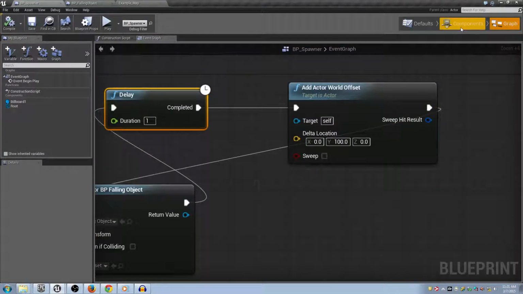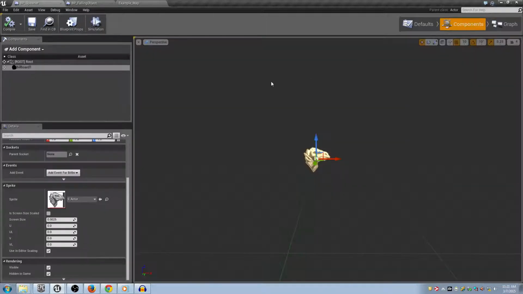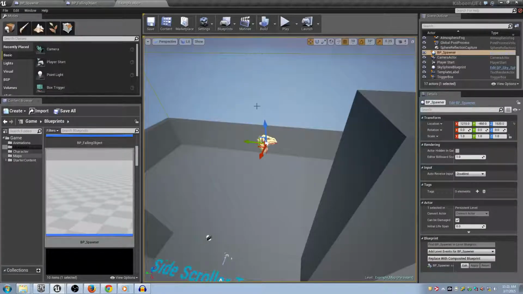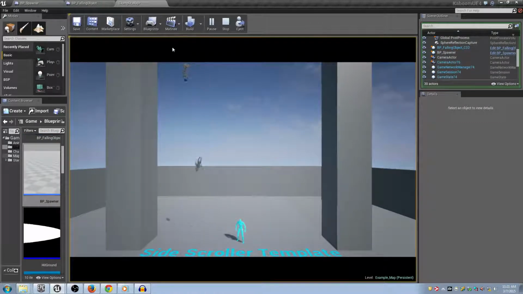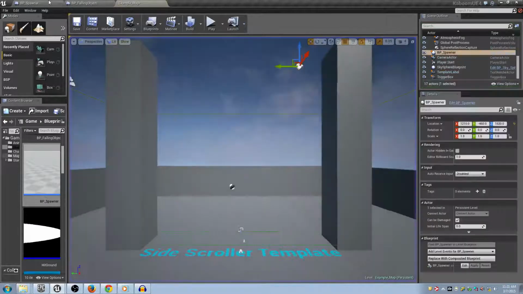Let's do one more thing, because I kind of want to see the movement of this. I'm going to go to my spawner, and I'm going to go to my billboard. I'm going to make it visible in-game by unchecking the rendering checkbox, because I want to see it moving in-game. And I'm going to lower the spawner so that it's low enough so I can actually see it. Can you guys see that little spawner guy up top here? The little dragon head that's moving? If you don't see it, go to your spawner, Christian,